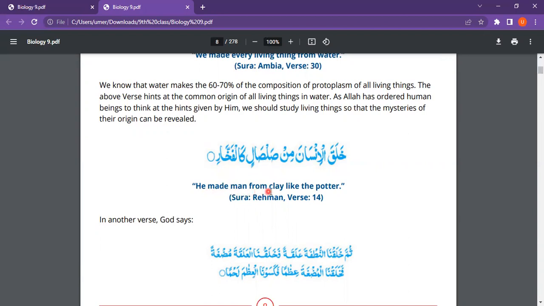He made man from clay like the potter. In another verse, God says,